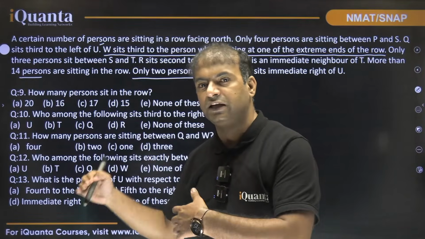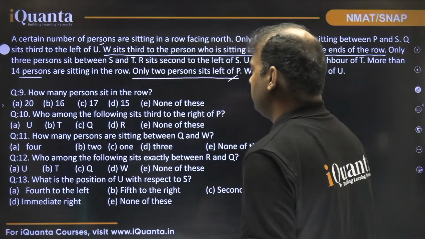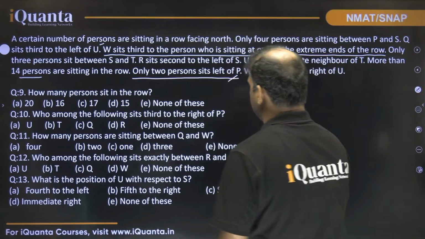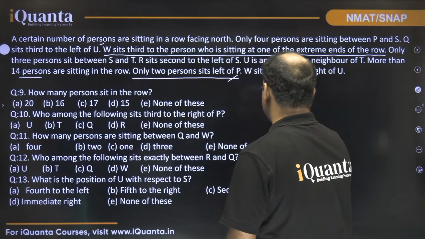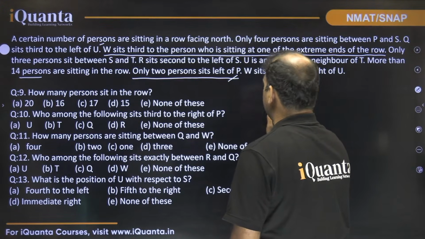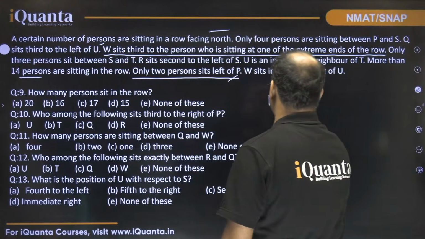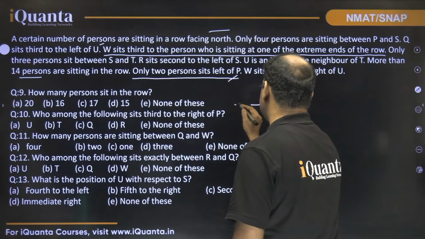Simple. There will be a place, but there will be no names. So let's first start with P, okay? They are saying only 2 people sit to the left of P. So let's say if this is P, right? Everyone is facing north as mentioned. If this is P, then only 2 people to the left of P, that means